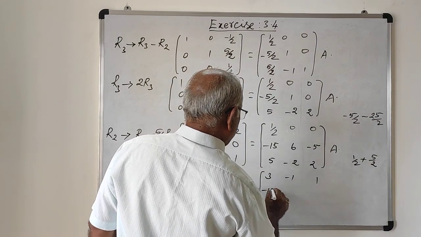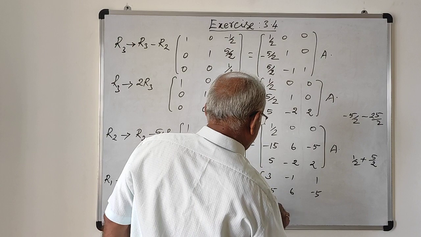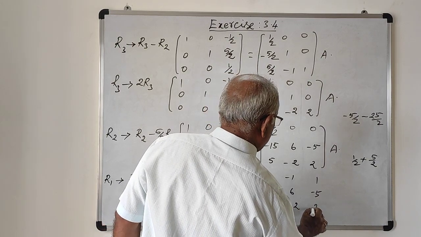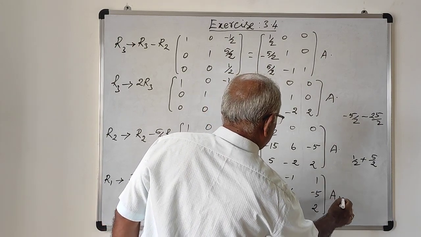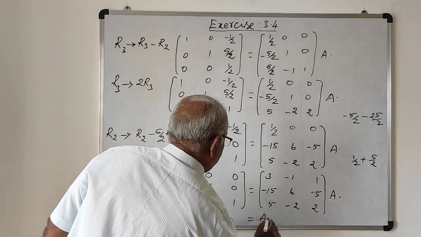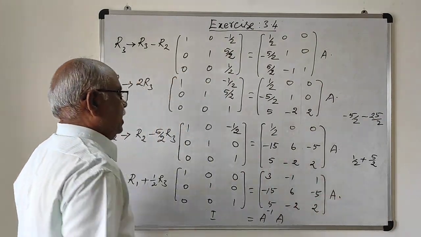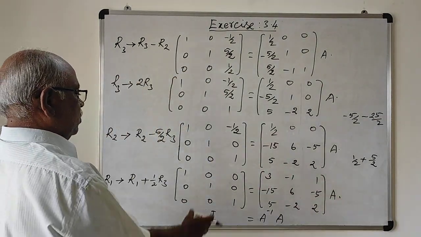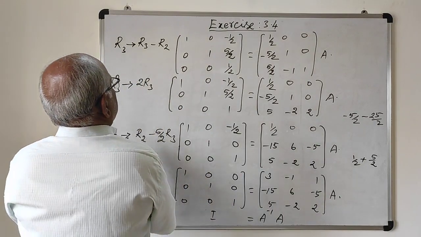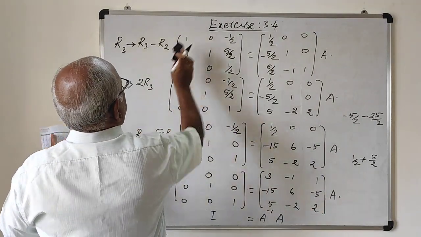Similarly, minus 15, 6, minus 5, 5 minus 2, 2 into A. So this is I equal to A inverse into A, which you derived. Therefore this matrix is the inverse of the given matrix. Therefore A inverse is this matrix given. This is for A inverse. Answer is